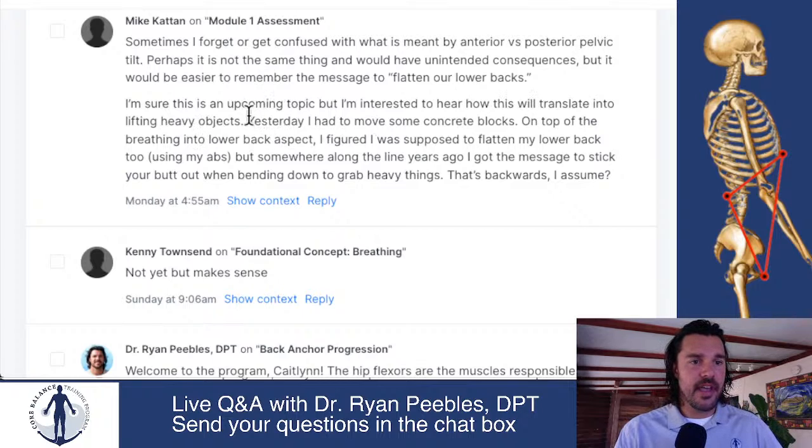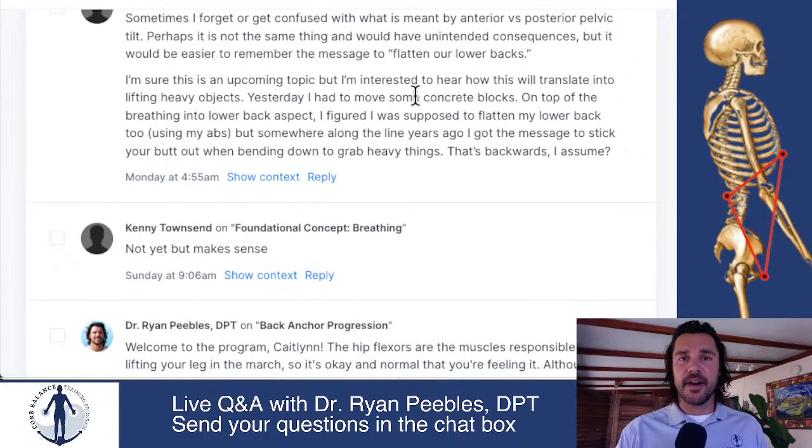Yes, yesterday I had to move some concrete blocks, and he says he figured he was supposed to flatten his lower back using his abs. That's right. You do use your abs, and you can also use your glutes to flatten your lower back. That would be posterior tilt. And he figured that was what he was supposed to do to protect his spine during the lifting of the